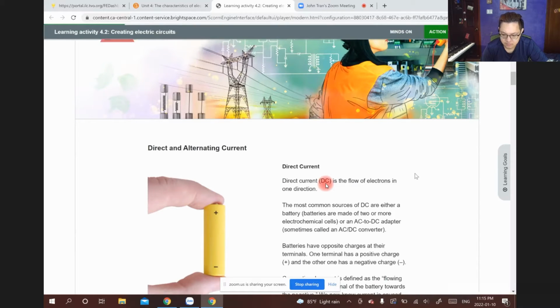Direct current. Direct current, DC, is the flow of electrons in one direction. The most common sources of DC are either a battery,